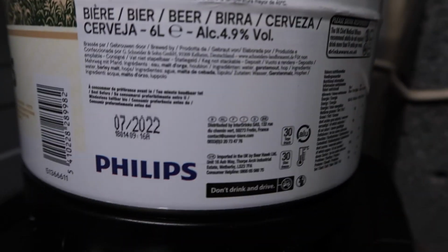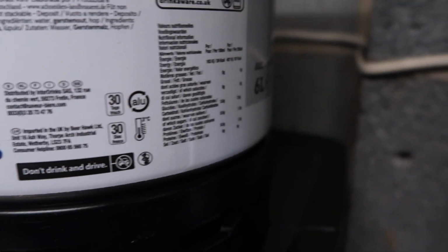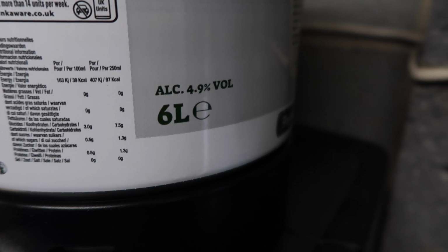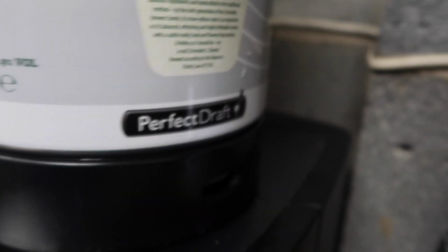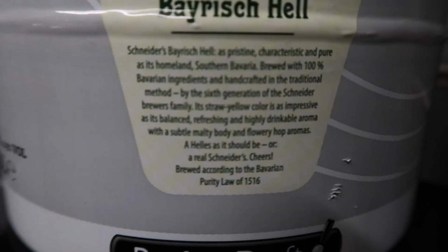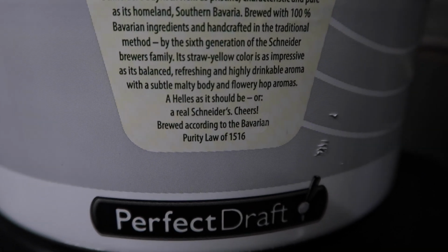So it's a 6 litre keg, 4.9 in alcoholic volume, so that's about 5%. All in, oh here we've got some, can we get it? By the 6th, right,